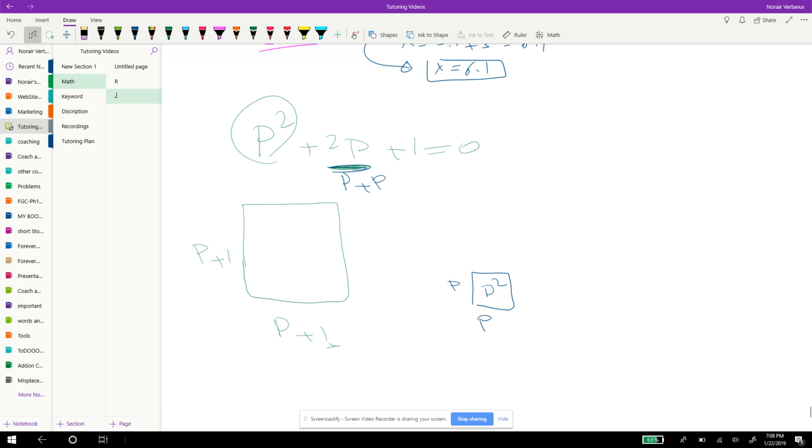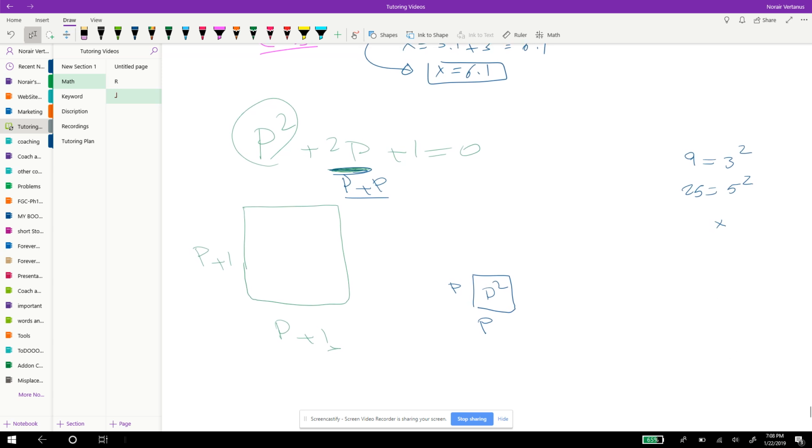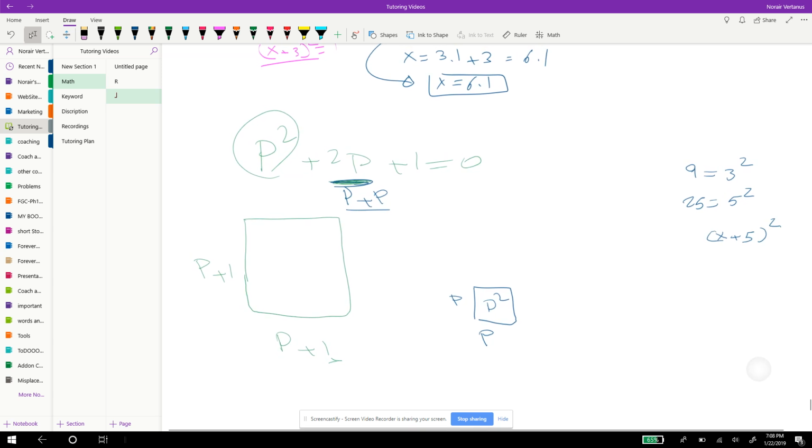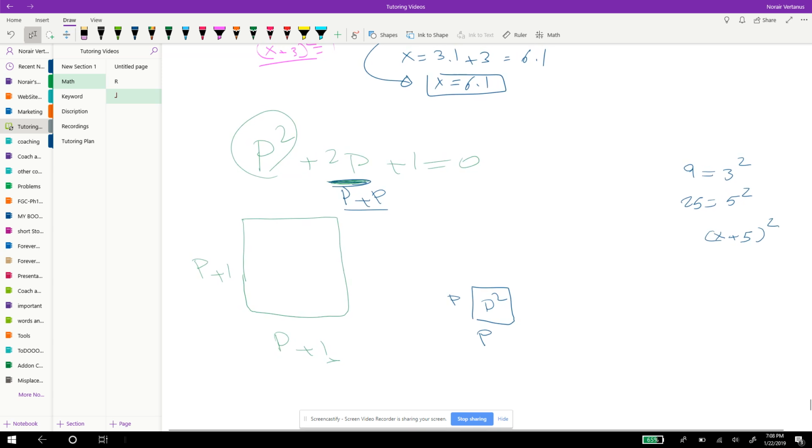And we want to convert this into perfect square method, meaning something to the second power. Like 9, which is 3 squared. It's like 25, which is 5 squared. And like, for example, x plus 5 squared. Because it's squared, so we want to have x plus 5 times x plus 5,